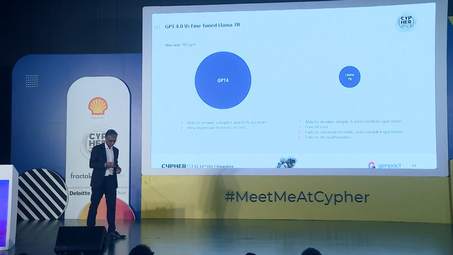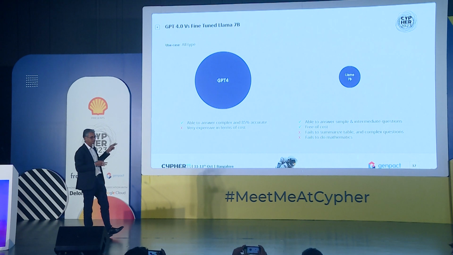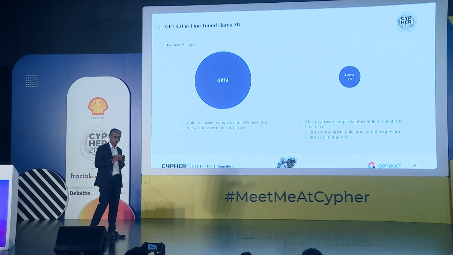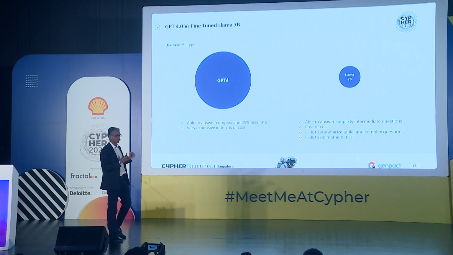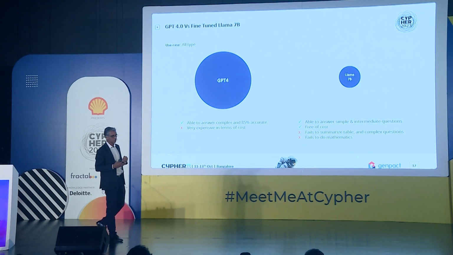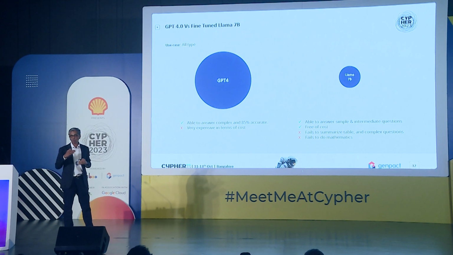Now the important thing is that I have a data set and I want to go to production. I don't have labels. Then you use GPT, and there is no doubt about it. The large language model is top in the leaderboard, but once you complete the incubation period, my claim is that you don't have to rely on a large language model forever. You can save some cost. Step one is that anyway you have to have a solution and go to production. Once that is done, the next question from the business is how do I reduce the cost? If you want to reduce the cost, then you have to fine tune the model.